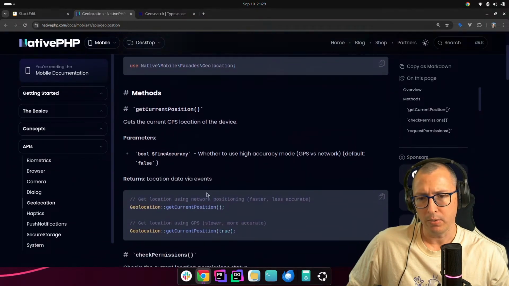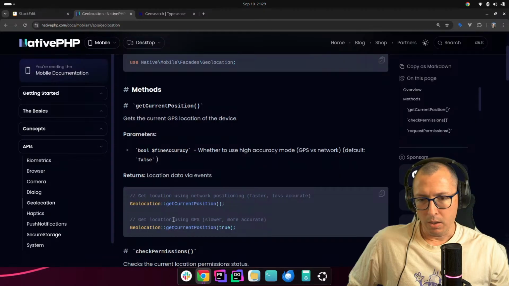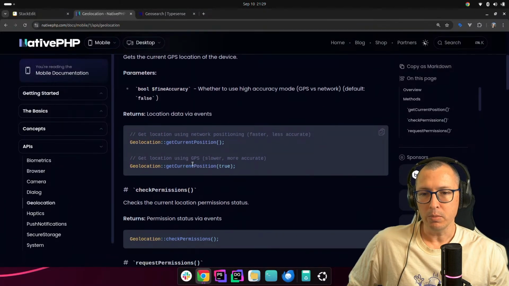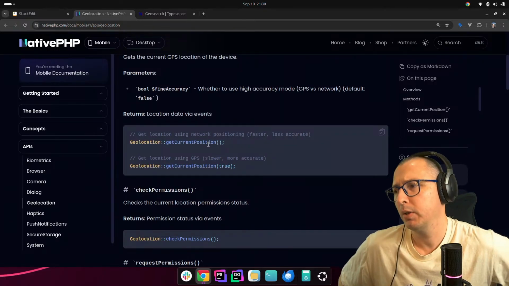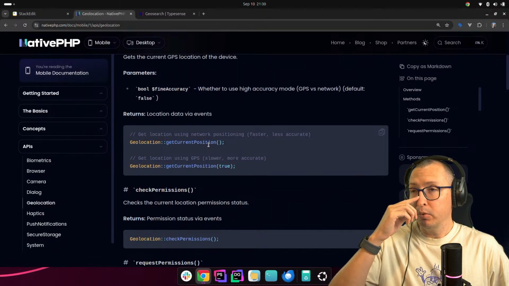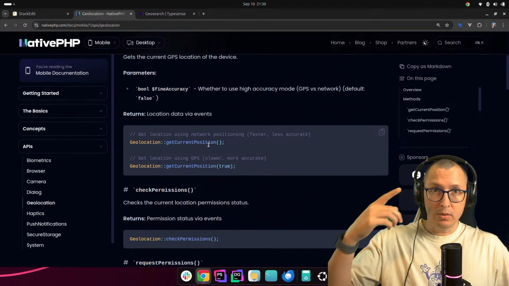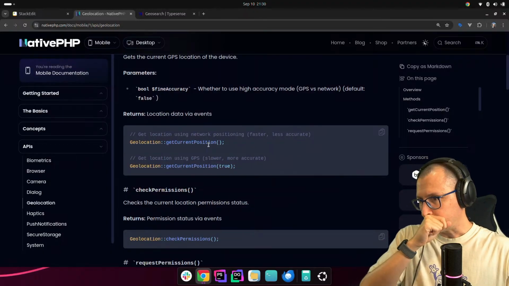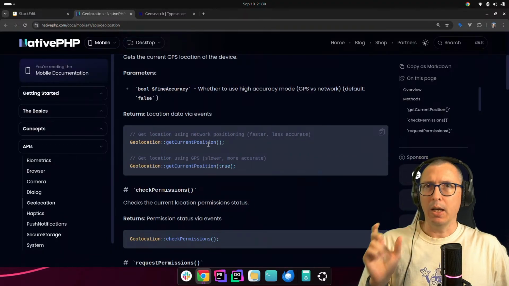And let me read about this real quick. We have get location using network positioning, which is faster and less accurate, or we can use GPS. I think network would be the way to go here, because ultimately what we would end up doing is doing a search, getting a latitude and longitude,